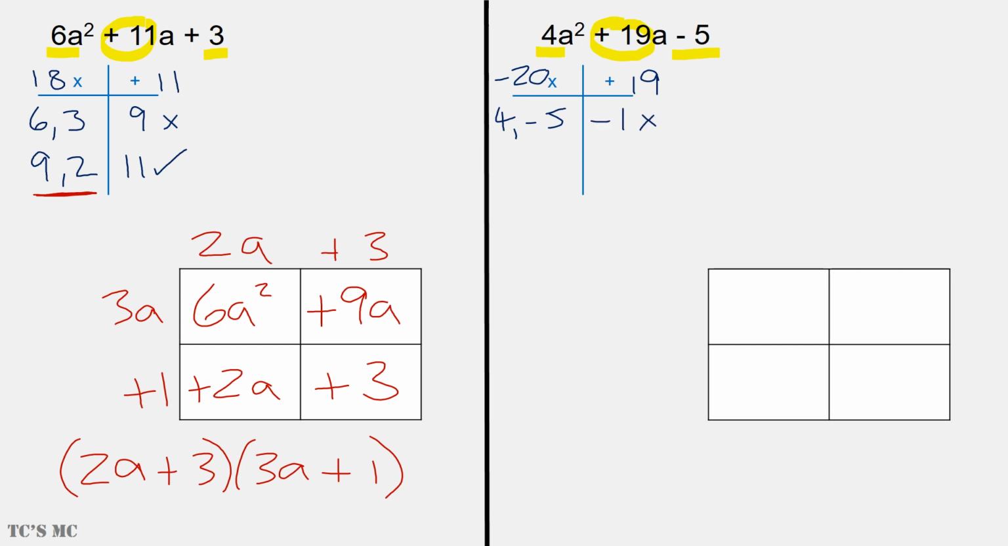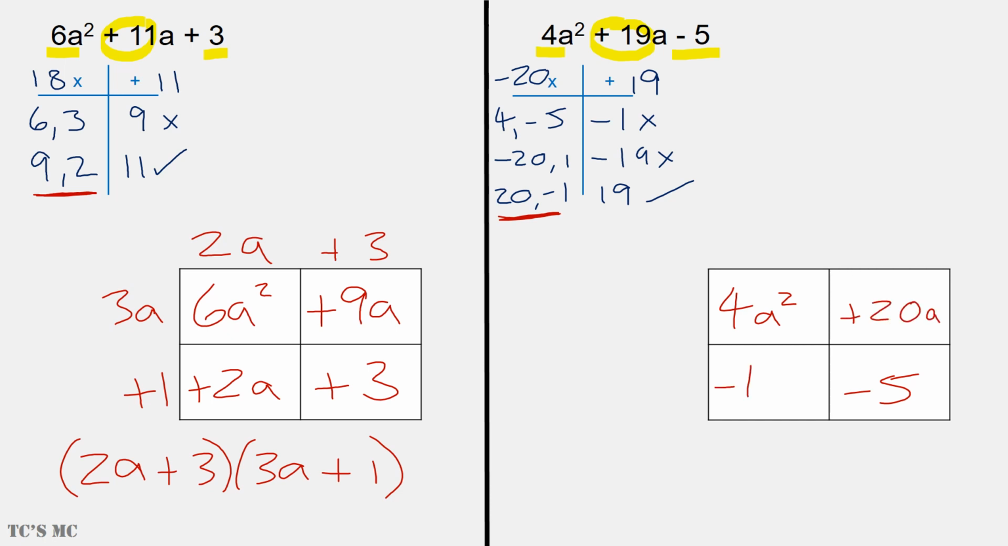I want a positive number and a negative number because the product is negative. The difference should give me 19. So let me try minus 20 and 1. That gets me minus 19, which doesn't work. So if I flip it, I get 20 and minus 1, which does work. Now I'm going to fill in the grid. So I've got 4a squared and minus 5. Again, I'm going to use this 20 and minus 1 to fill in the other diagonal. It does not matter which way round you put that in. So I've got 20a